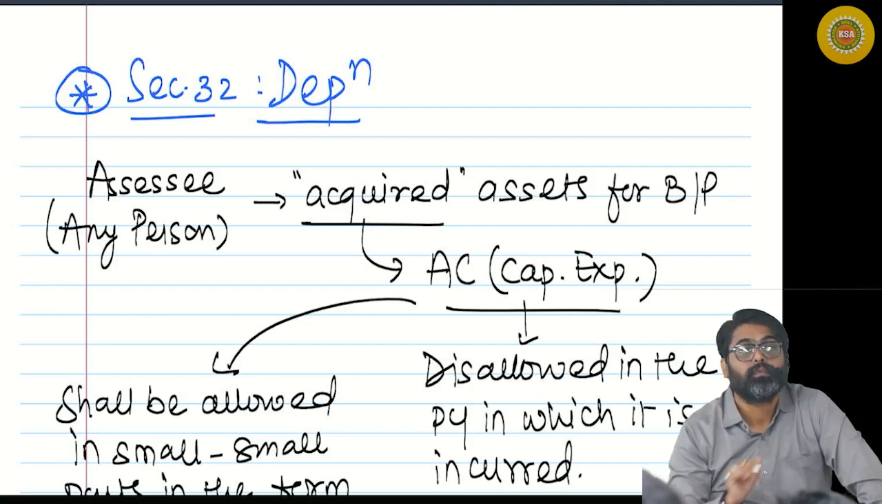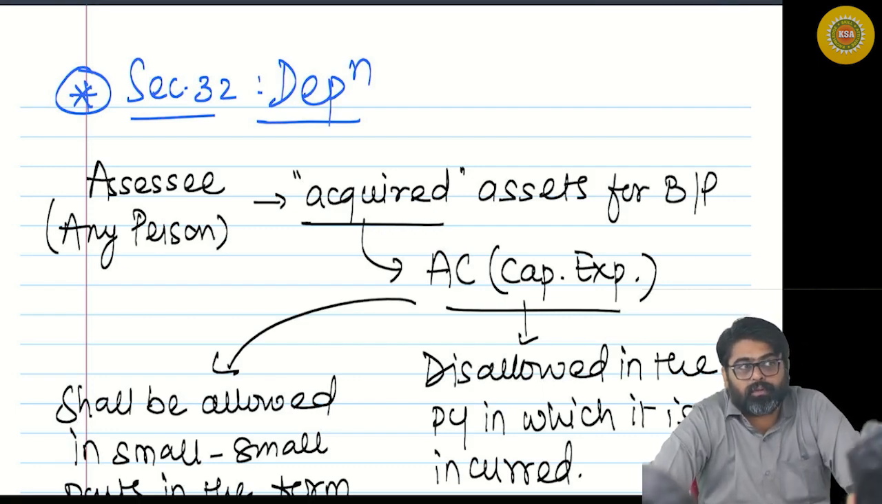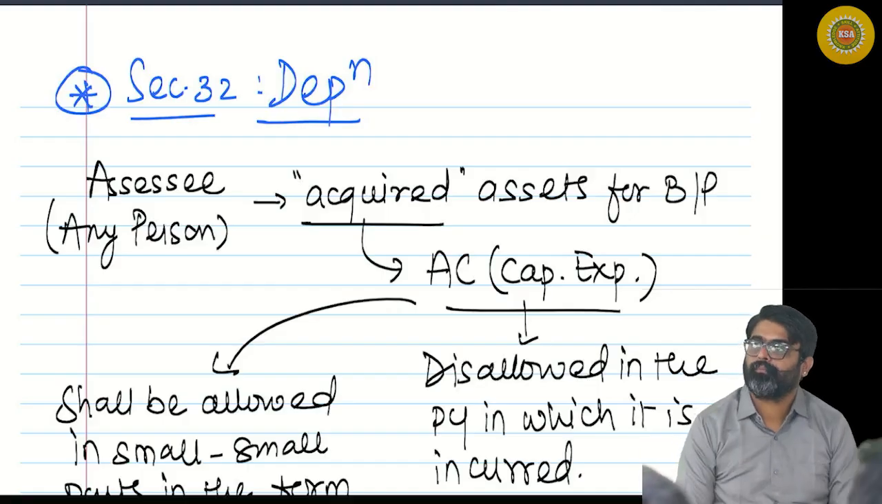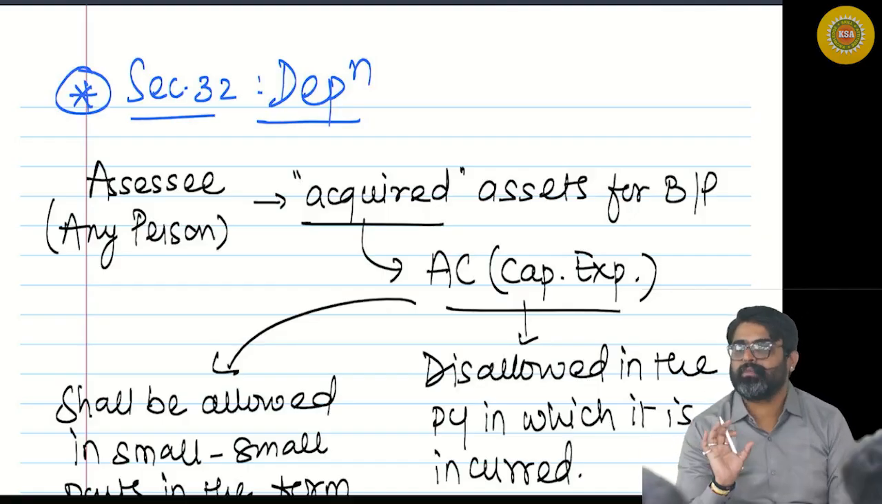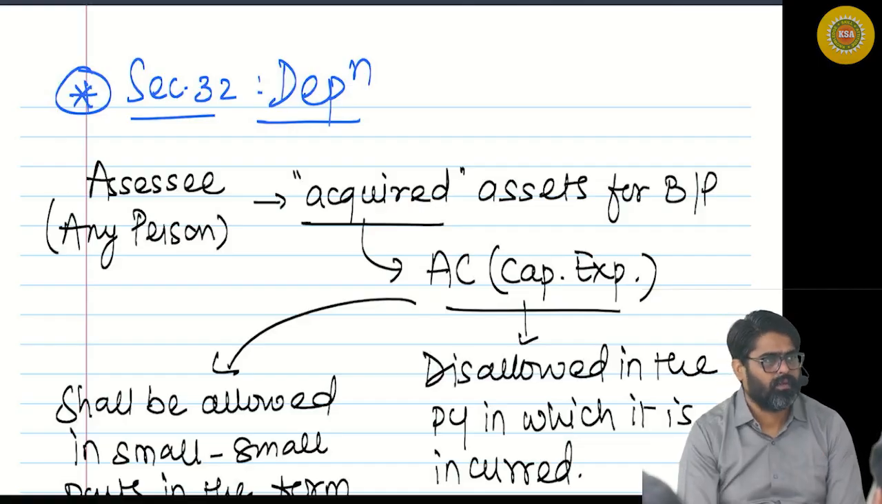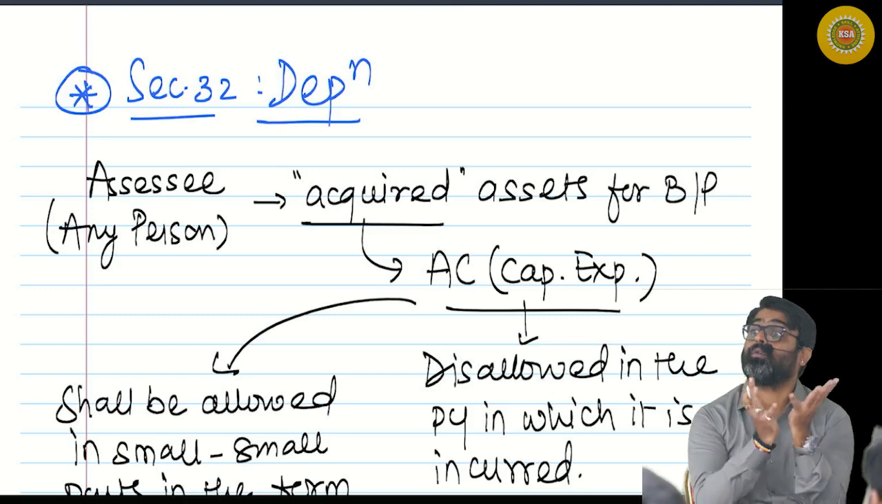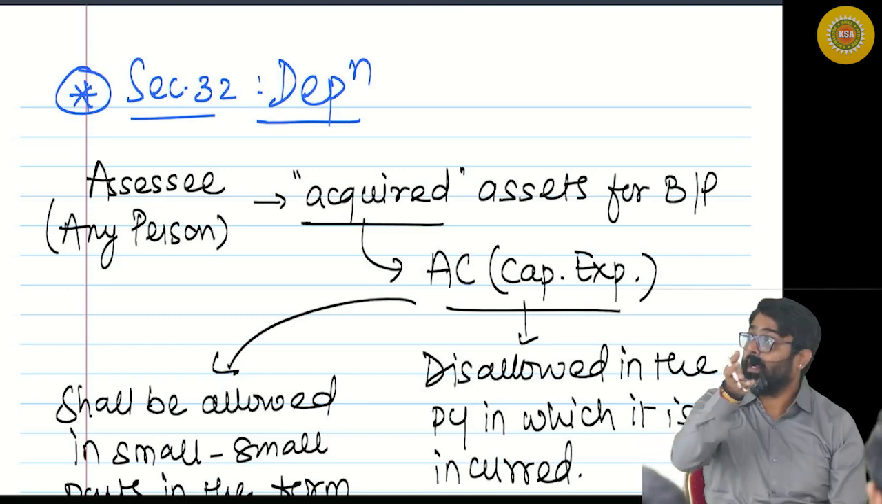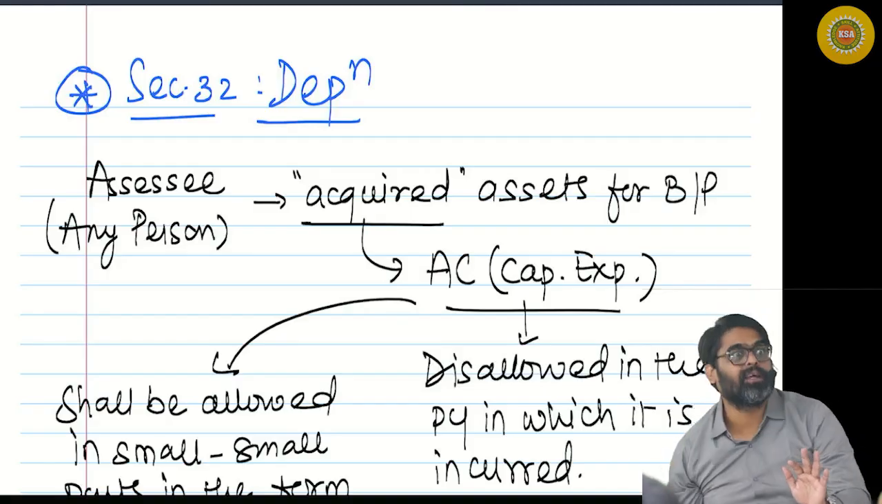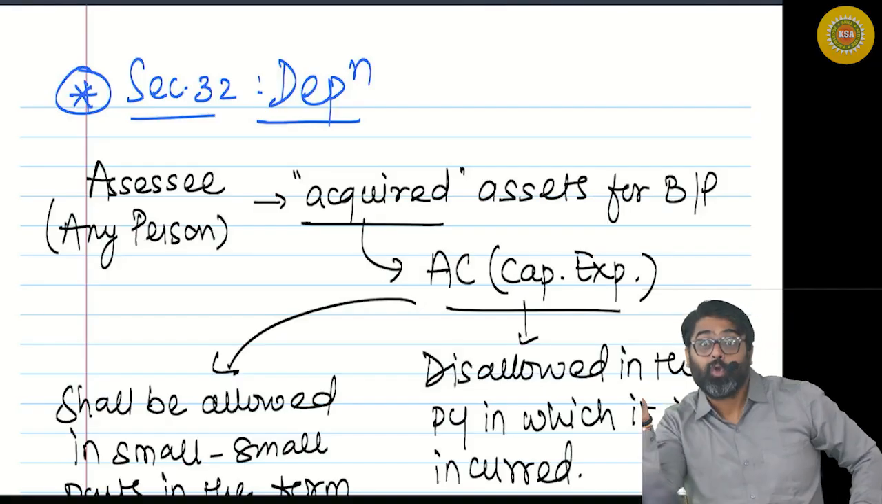Are you doing any business or profession? For that business or profession, you can acquire assets. To acquire the assets, you will incur cost. That cost is a revenue expenditure or a capital expenditure? Small amount or a big amount? That big amount cannot be allowed at once. Why? Simple logic. Because this huge amount which you have incurred to buy the asset, if it is allowed at once from this year's business income, it will eat your entire income,